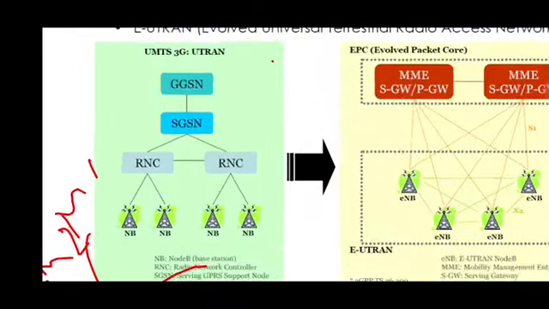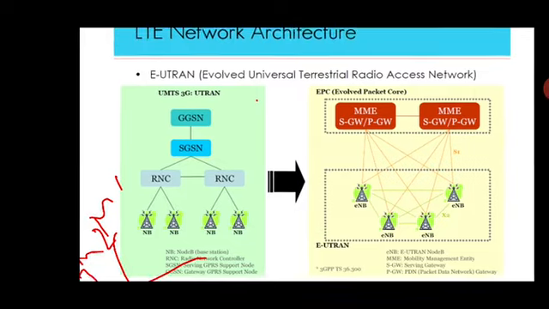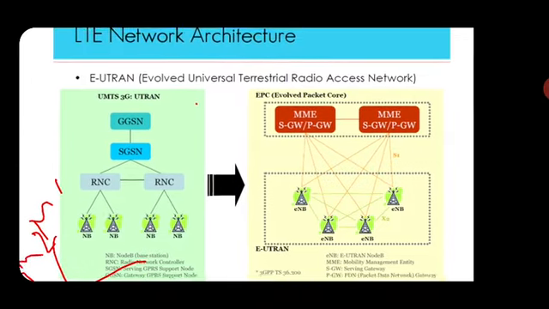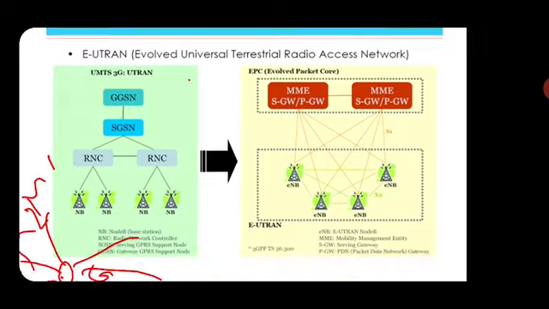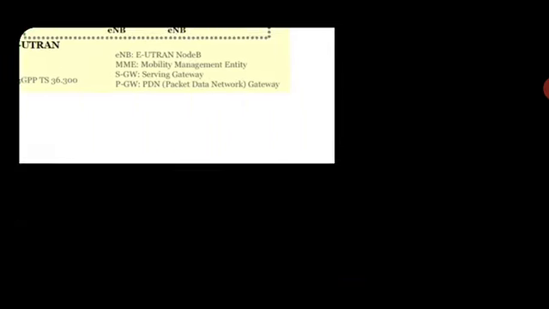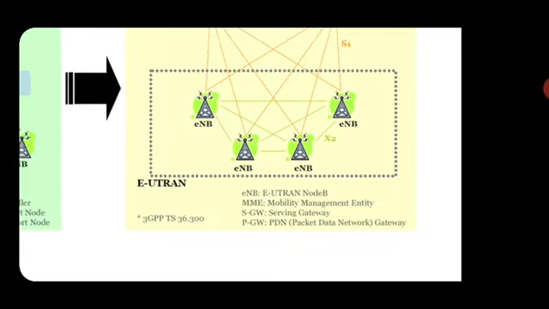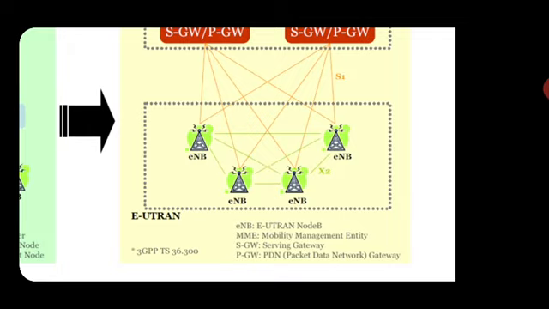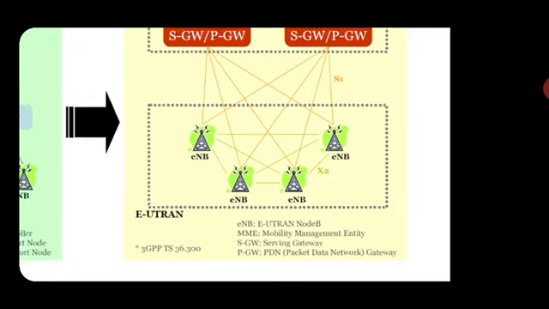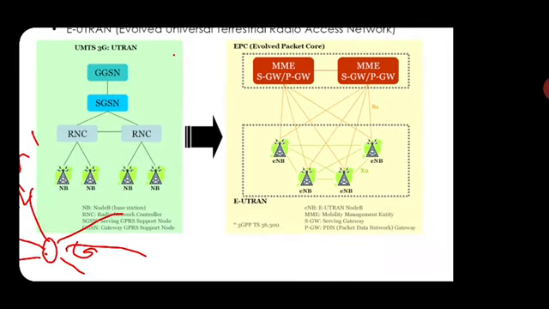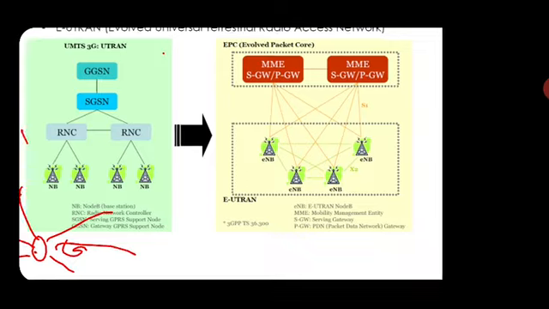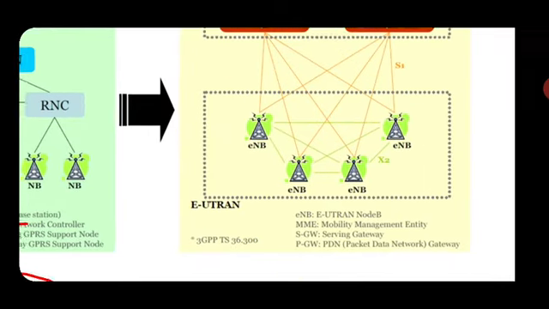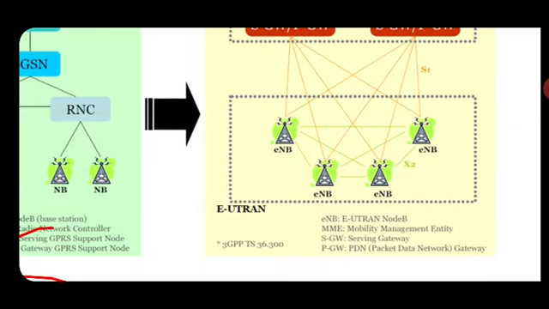This is the simple architecture of the LTE network that we are given here. On the right-hand side, look at how the service will be given. 3GPP, as I mentioned here. Now PDN, packet data network gateway. ENB, we call it the ENB, that is the network controller for base stations. MME, mobility management entity. And SGW is the serving gateway.